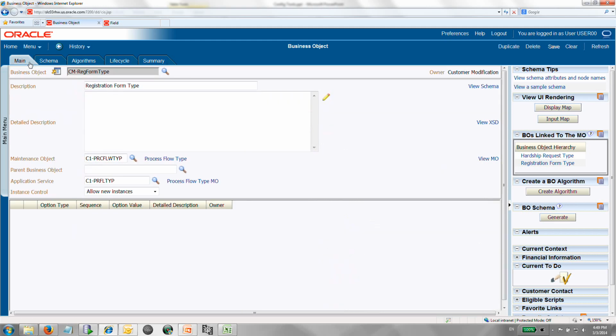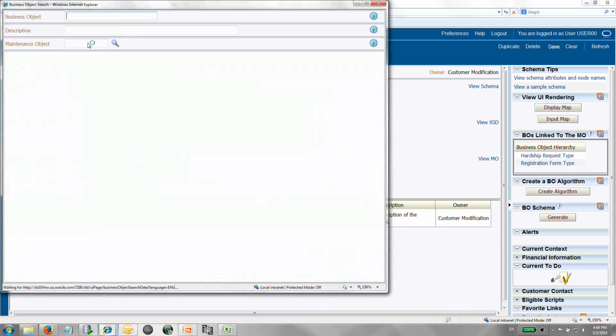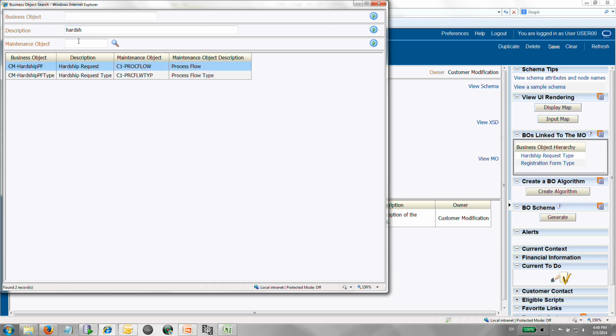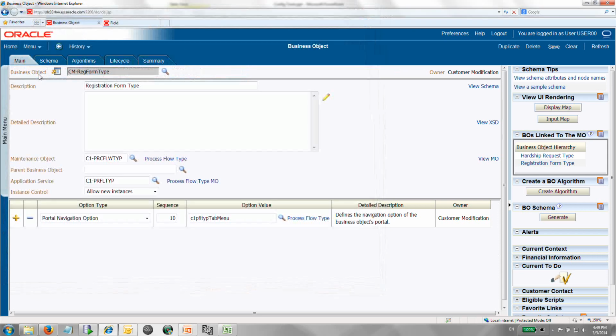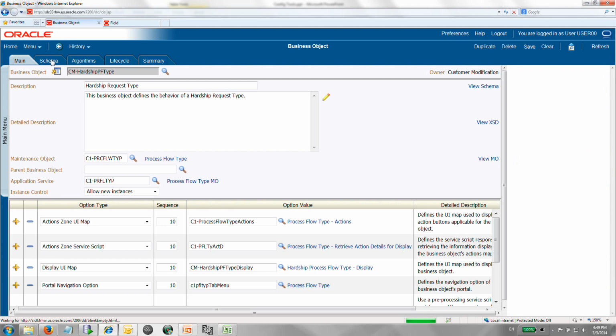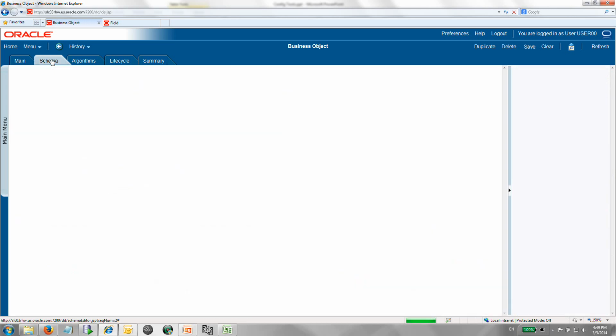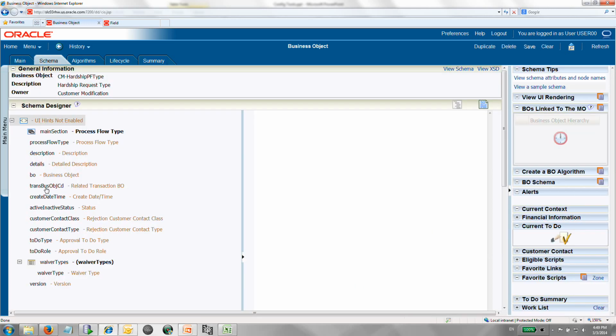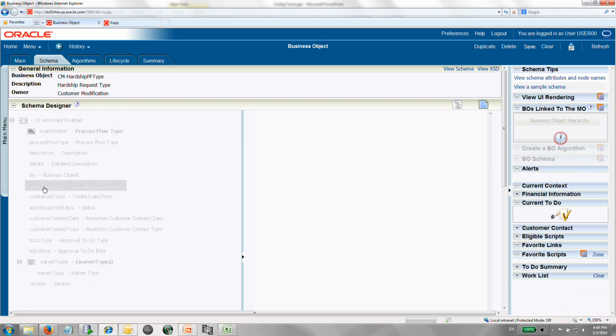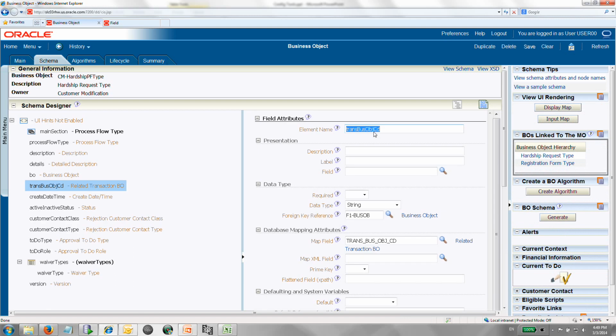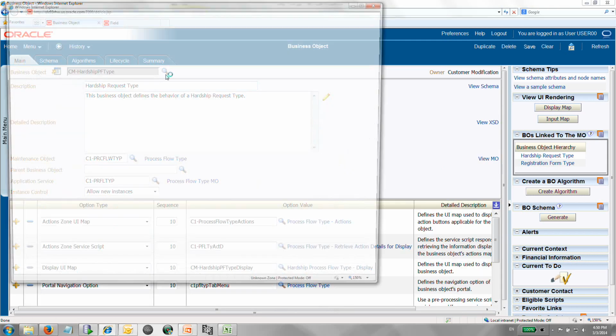If I go to hardship, which is the default one in the system, you will see that it uses a transaction BO, and the name for the transaction BO is this trans business object CD, and that is the name I'm going to have to use as well for mine. For mine meaning for registration form type. Otherwise the code will not work, the menus will not work. So I'm going to have to